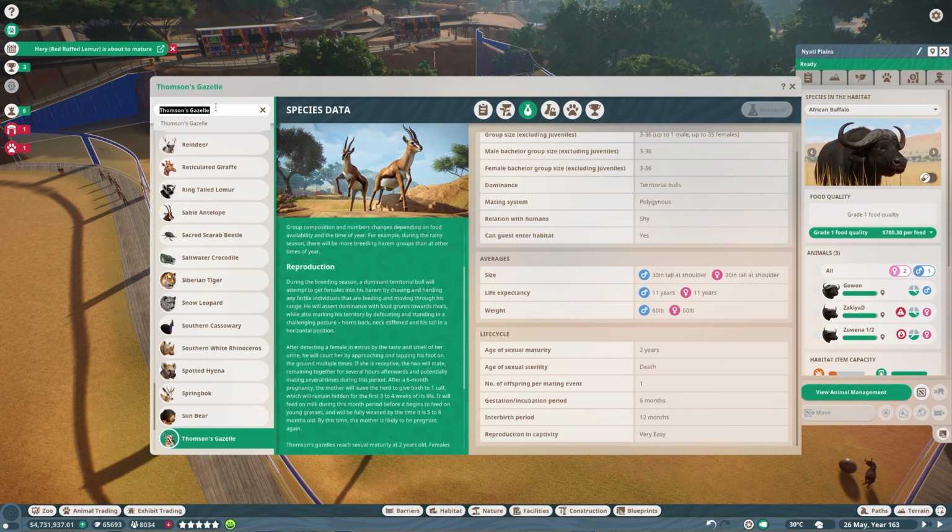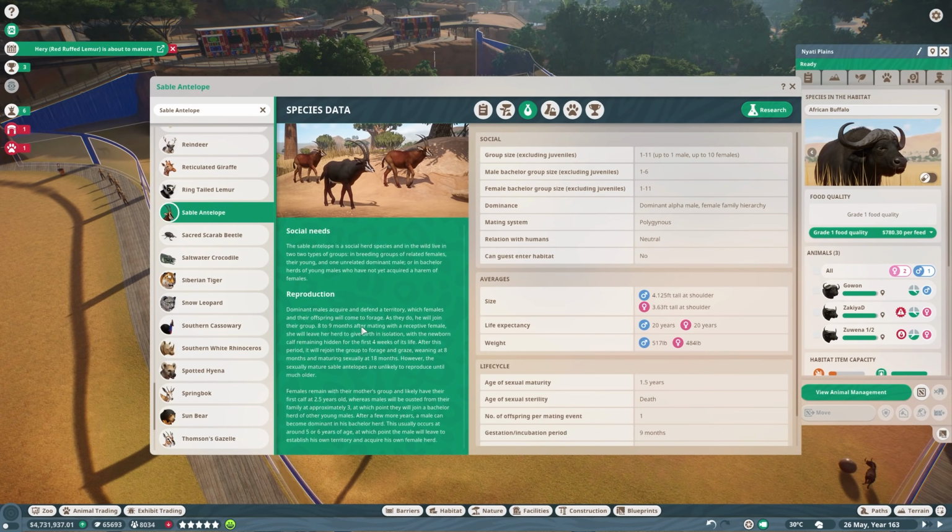If we take a look at what was it? Was it the African buffalo? No. Who was it? I think it was a sable antelope, actually. If we take a look at this sable antelope, we'll see that females will forage in the dominant male's territory. So it's the same thing. However,